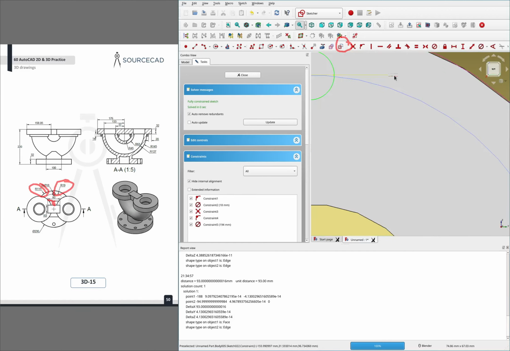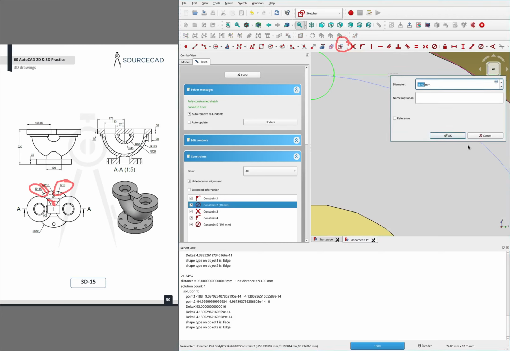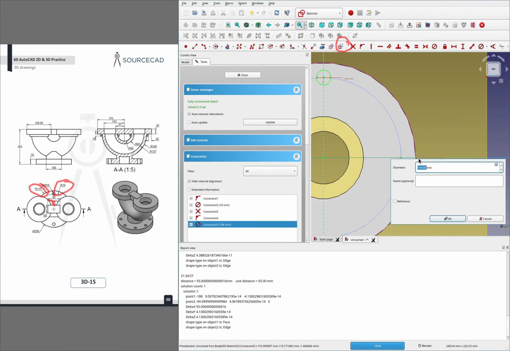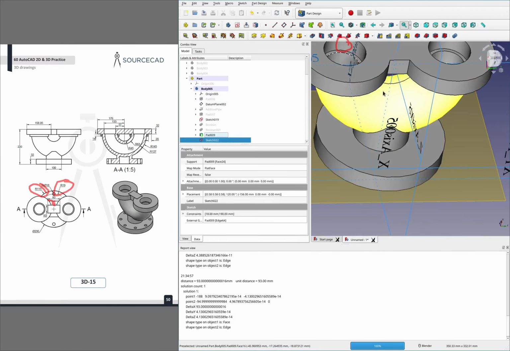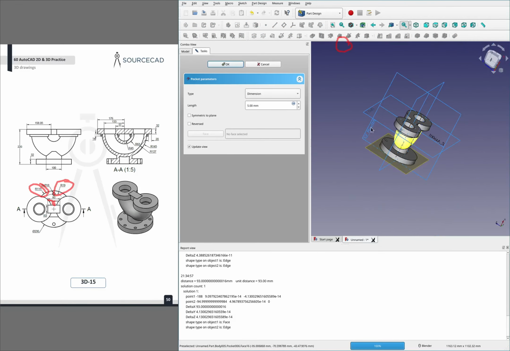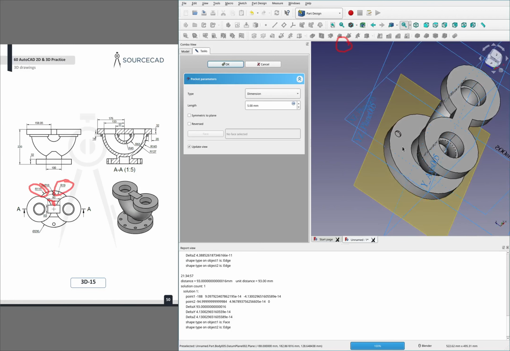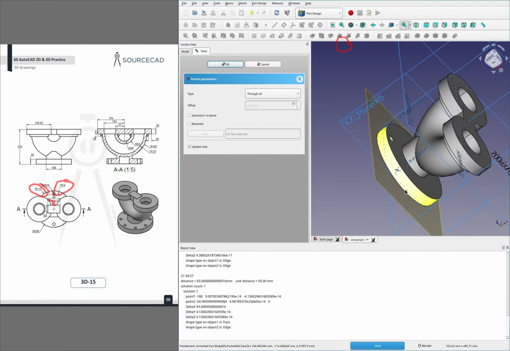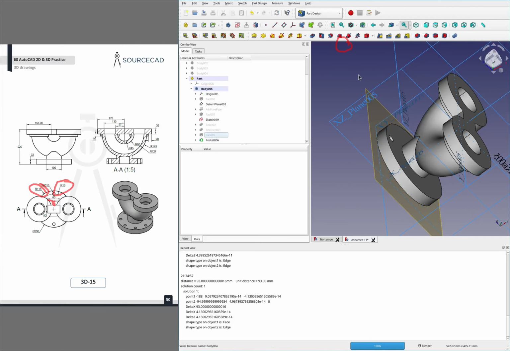My guess is this is supposed to be 190. Oops, it's not the correct dimension. This one, yeah, 190. We'll make it 190, and we shall cut. And you might want to choose, let's see, through all. Since we sketched on the top face here, the through all makes sense. If you sketched on the bottom face, when you go to pattern this, your through all will actually cut through the rest of your pipe. So do that